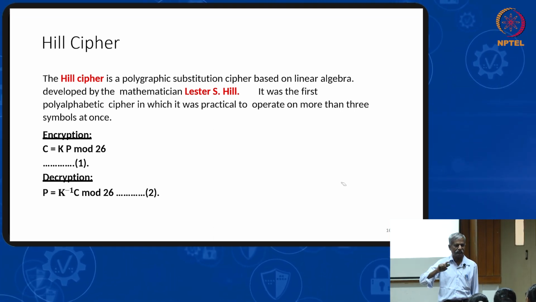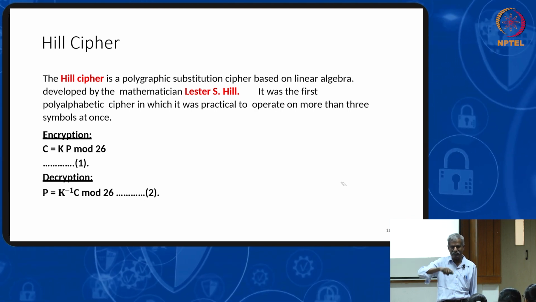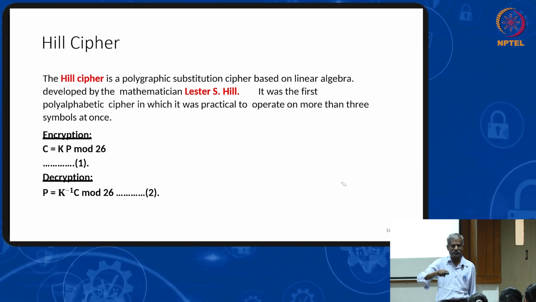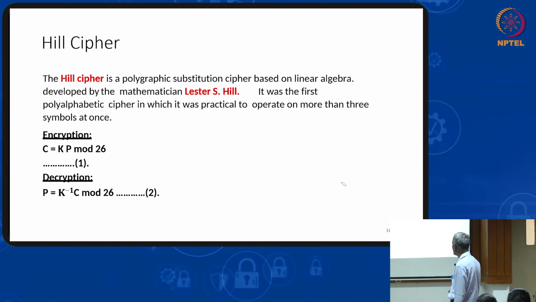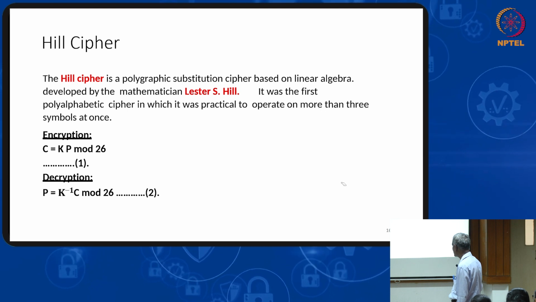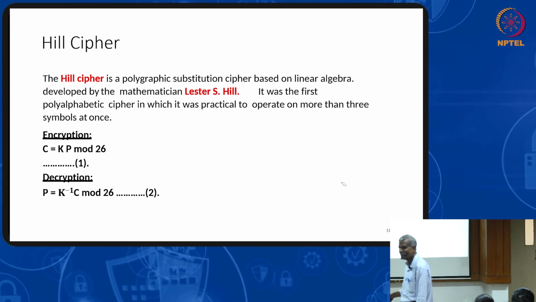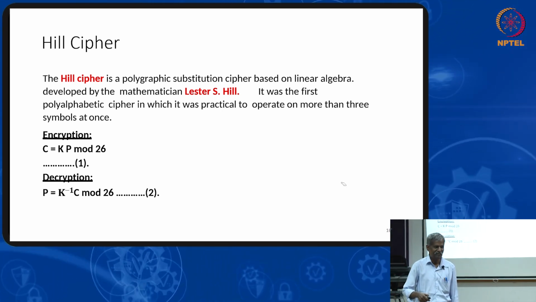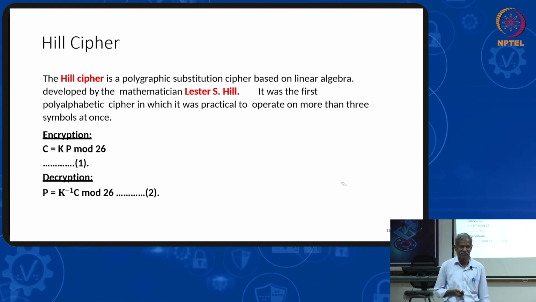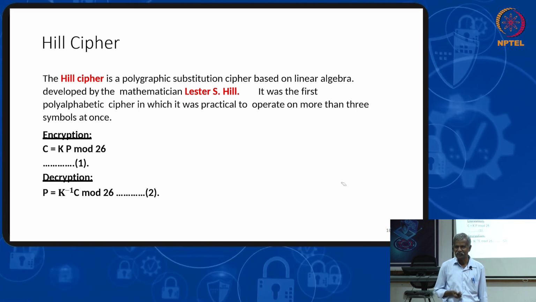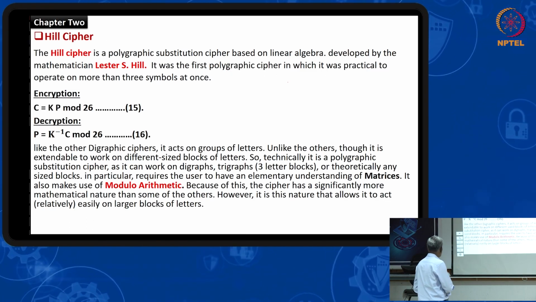You see, multiply your plain text matrix with a key matrix. So you have to multiply the plain text matrix with a key matrix to get a ciphertext matrix. So you see the formula, C equal to K into P mod 26. For decryption, you have to find the inverse matrix for the K matrix. So matrix inversion will be more difficult than subtraction. Subtraction is easy or matrix inversion is easy? Subtraction is easy. Matrix inversion will be somewhat tough. Therefore, so this is the formula.